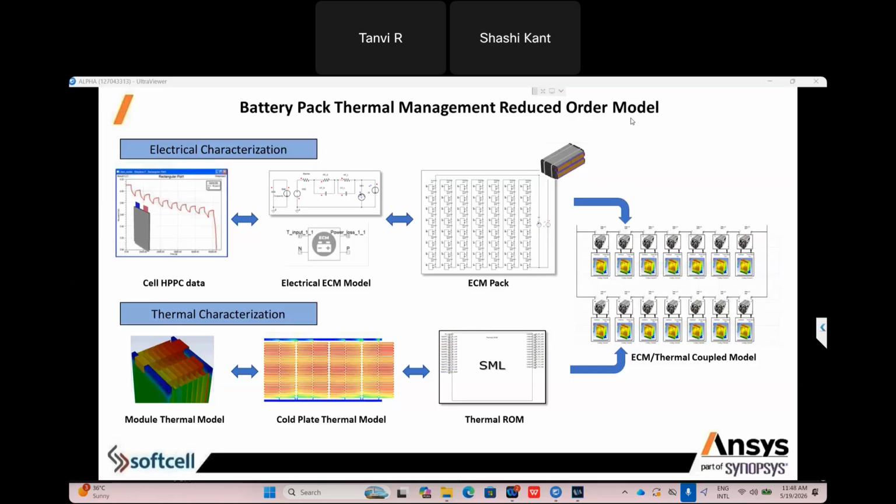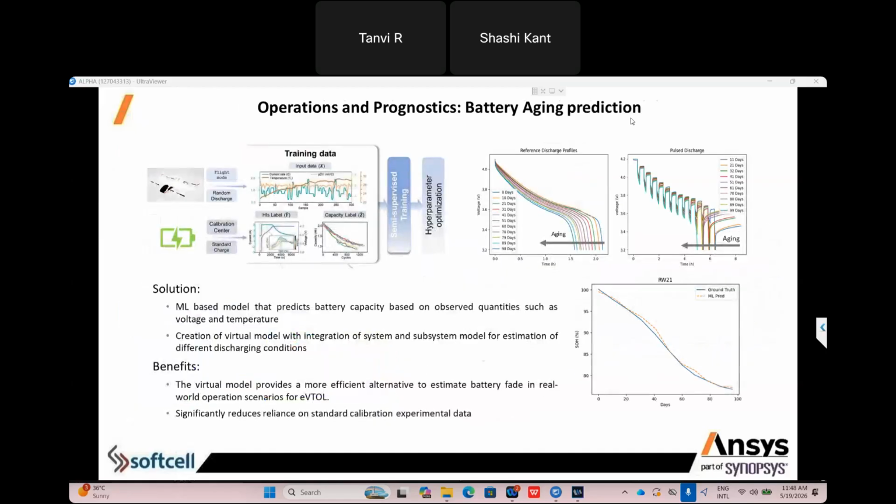In forced convection, we can apply some cold plate and thermal plate, which can dissipate heat of the battery into the atmosphere, or maybe out of the battery. And let's suppose you want to apply some fan, to do forced convection using different types of iterations. That is also possible using Ansys solutions. This is the battery aging simulation, the life cycle of the battery. So you can understand, for one specific type of input and usage, how much life cycle the battery will have.